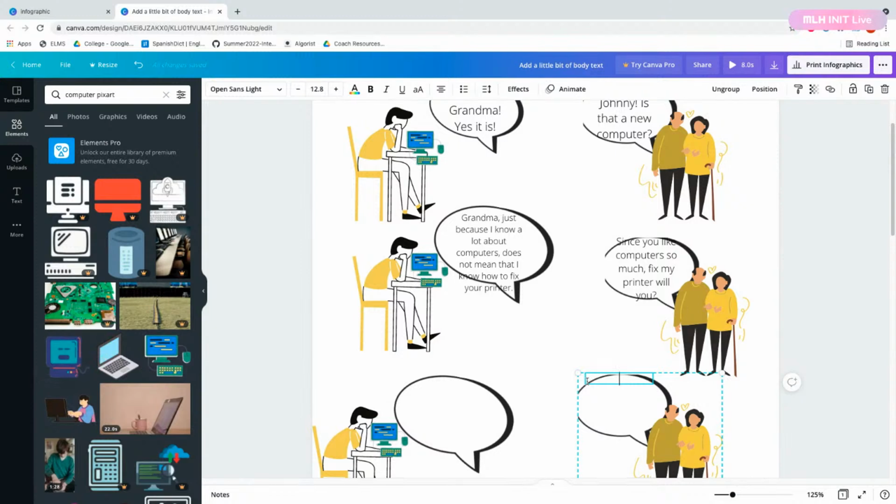And she'll say, well, don't you go to school for computers? And then I'll have her ask, can you at least try to fix it? So it comes down to it, are you really going to say no to your grandma when she asks you to fix your printer? Probably not.